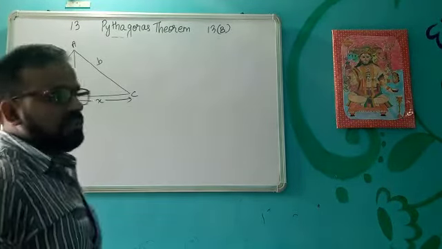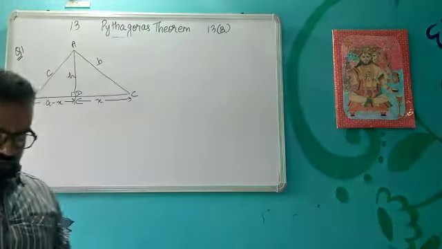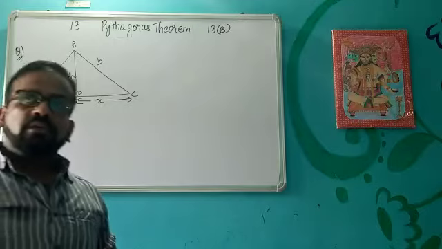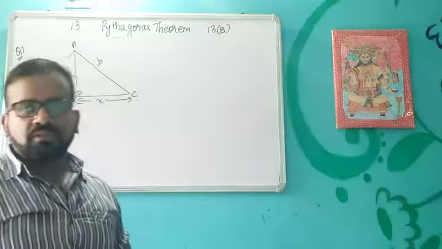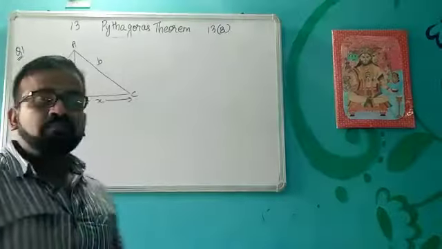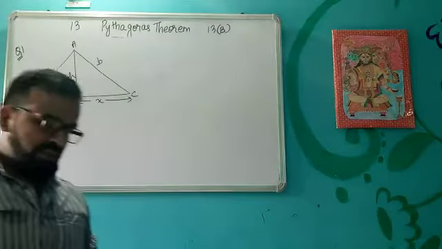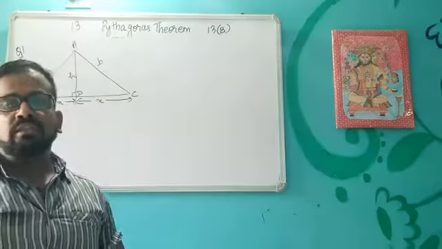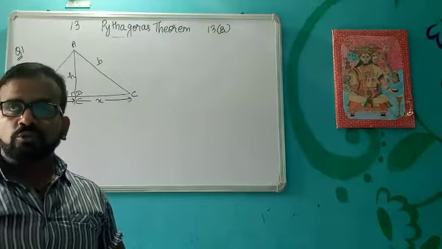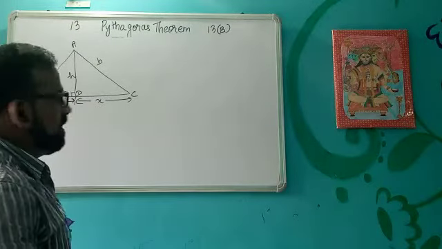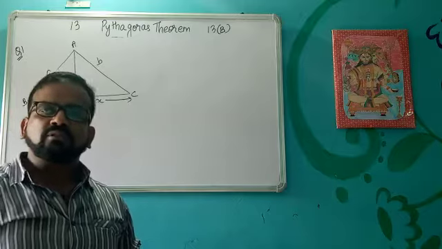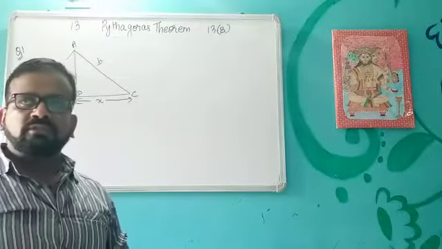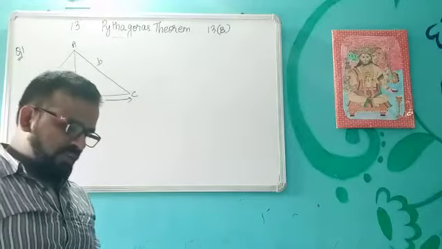Okay, so after exercise 13A, we will discuss exercise 13B. So in this exercise, the things that you need to remember is, first thing is Pythagoras theorem, and other things are the properties of the triangles that we have studied when we started the chapter of congruency. So using those properties as well as congruency as well as the few other mathematical concepts, we will solve the problems related to this exercise. So very first problem I have written.